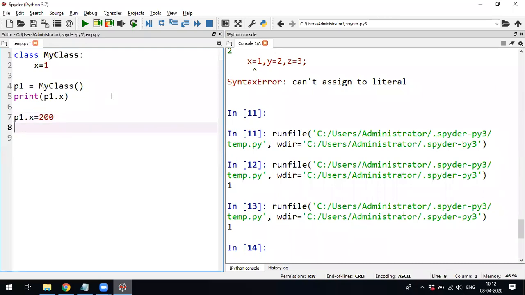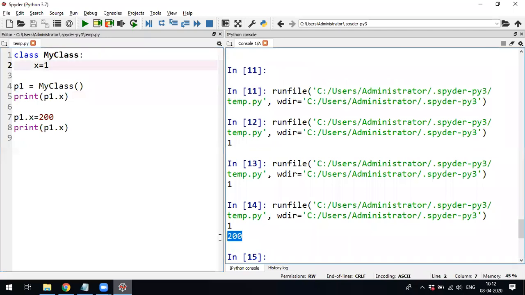I have changed the value of the attribute with the object reference. After that, I print to check whether that value has been stored or whether it is going to be neglected. Initially, I have initialized it to 1. Whether it is going to overwrite that or keep the same value. See, for the first time, it is 1. After you have overwritten, it has 200. Now the value is 200.